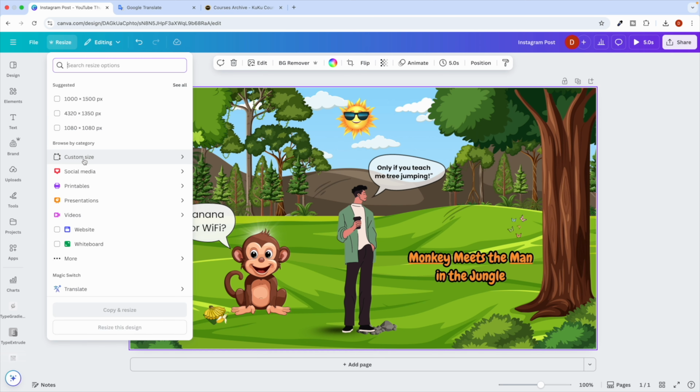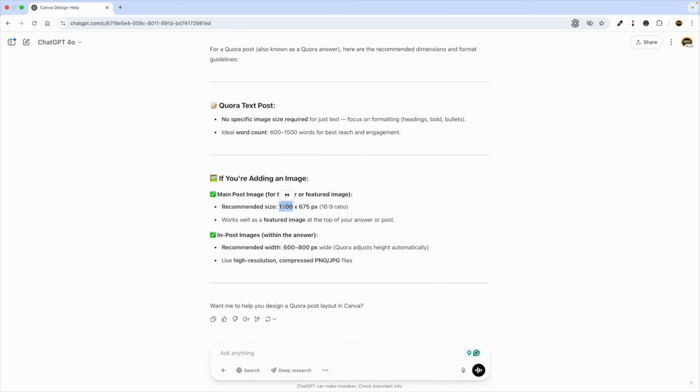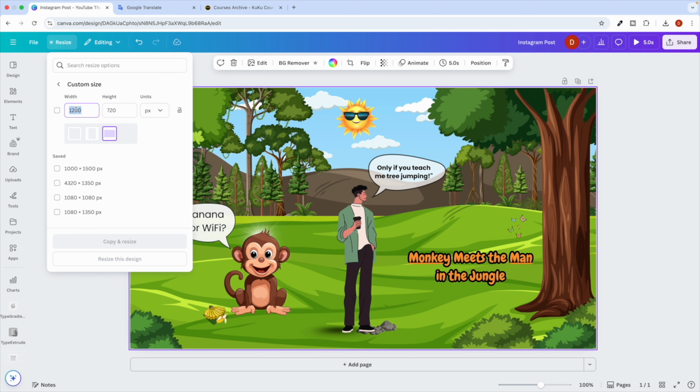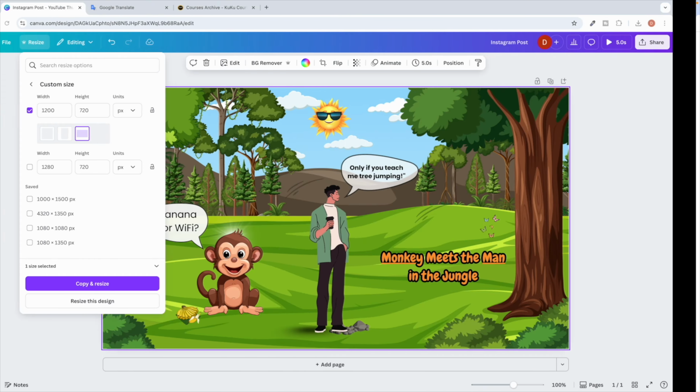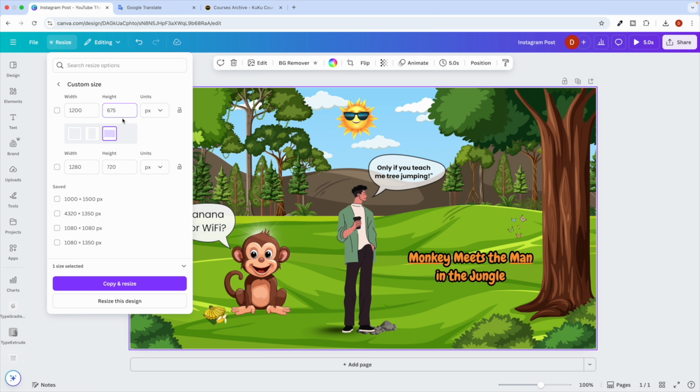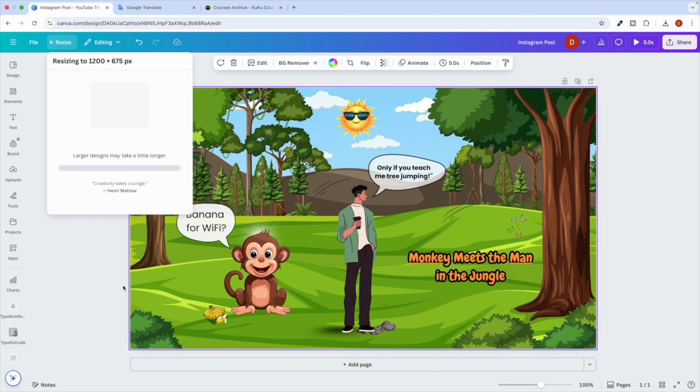Otherwise you can just click on custom size, and add the width, for example 1200. I am going to add 1200 here, and the height will be 675. I will select this size, like this, and I am going to click on copy and redesign. I do not want to change the original. If I wanted this same one converted into this dimension, you could do that, but I don't want that. I want to create a separate one, so I will click on copy and resize,